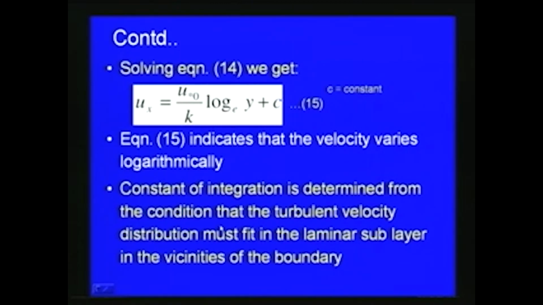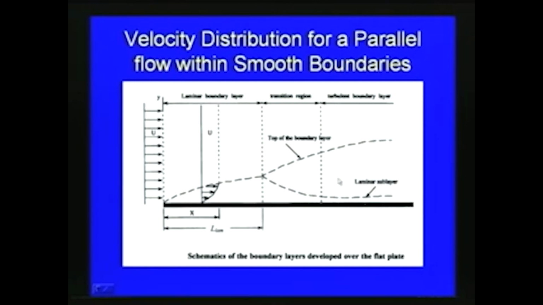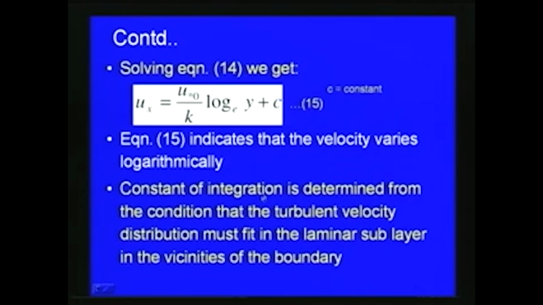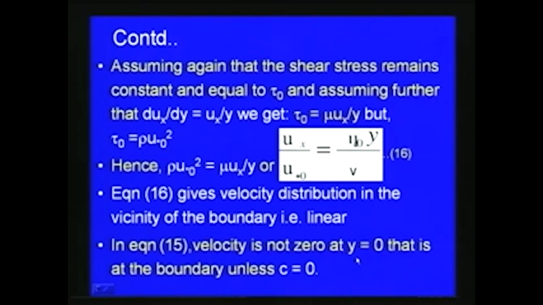We have already seen in this figure that there is a laminar sublayer and then the turbulence. With respect to this, the constant of integration we can determine from the condition that the turbulent velocity distribution must fit in the laminar sublayer in the vicinity of the boundary. Now, if we assume that the shear stress remains constant and equal to tau 0 on the boundary, and assuming further that the derivative of the velocity with respect to y we can approximate as u x by y,